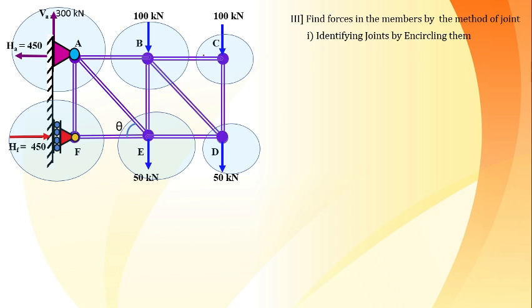So here, after drawing or imagining this particular encircled part, select that particular joint where there is a minimum number of unknowns. Now when we are going to start with the analysis of the joint, we have understood it is going to be a concurrent force system. In a concurrent force system, we can apply only 2 conditions of equilibrium, that is sigma Fx and sigma Fy equal to 0. So while choosing that particular joint, we should see there should be only 2 unknowns. Is it okay?